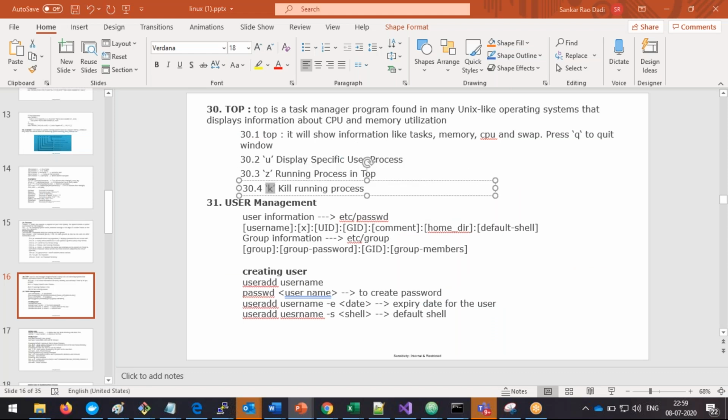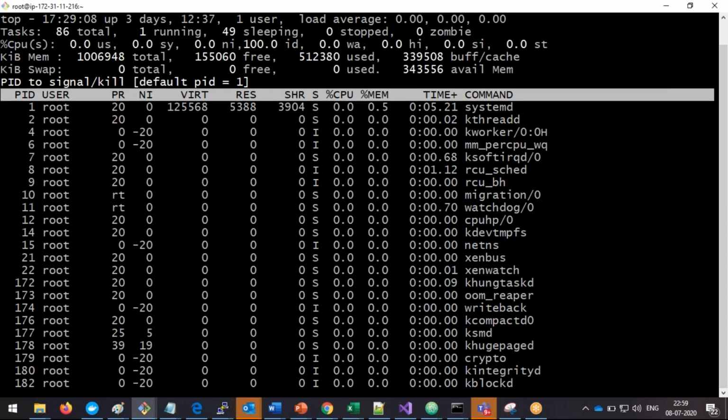We can stop the process by pressing the key K. Then it's going to ask us for the process ID. So now this is the process ID. If I want to stop any process, I simply need to give the corresponding process ID, 177, like that, and press enter, so that the particular process is going to stop. We'll see how to stop the process, and this is one kind of shortcut with the